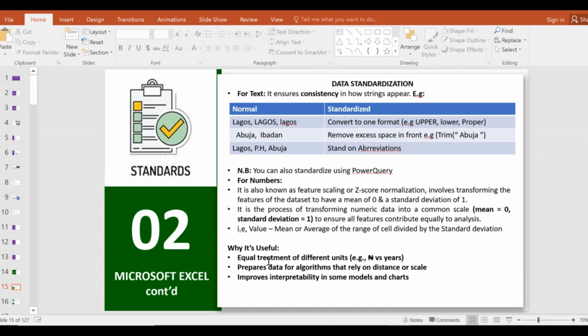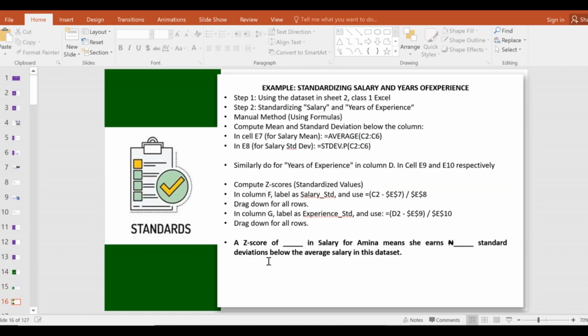So now let's run some examples here. Now standardizing salary and years of experience. We will be using a data set in sheet 1. Step 1, using the data set in sheet 2, class 1 Excel. Step 2, standardizing salary and years of experience, manual method using formulas and the like. So we'll be using this to